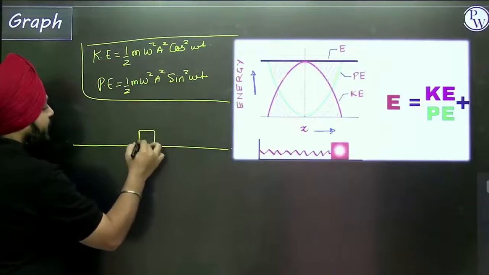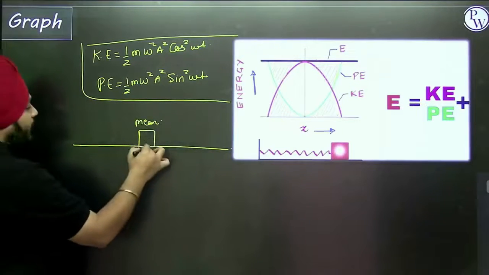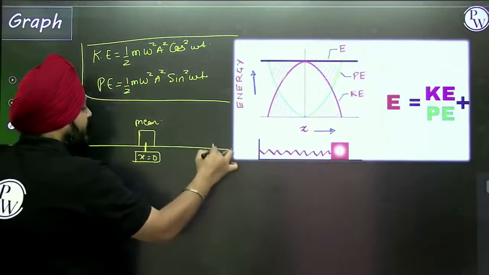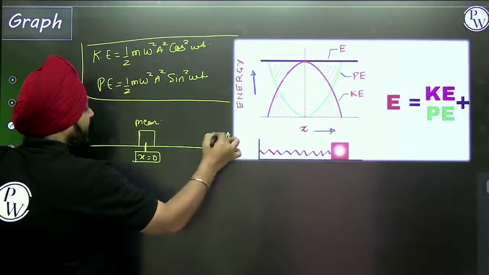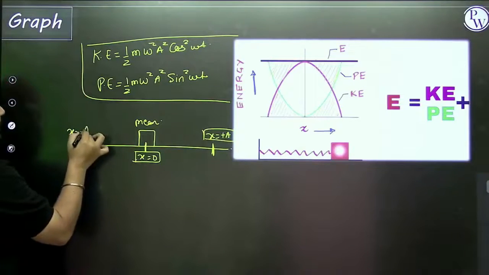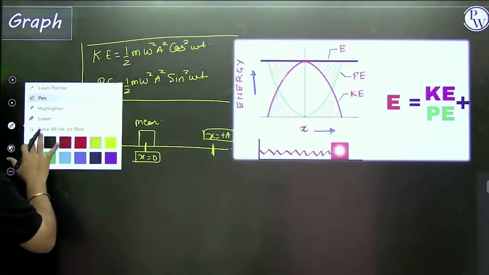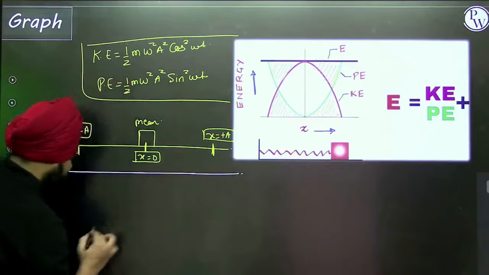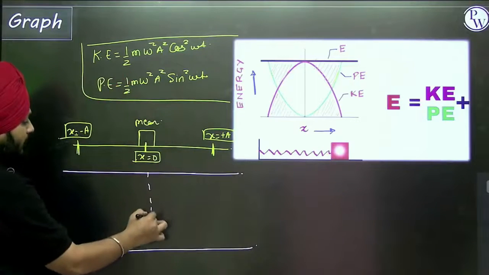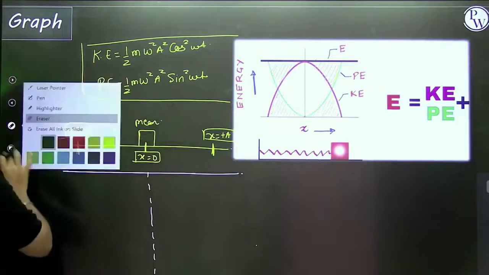This is the mean position, x is equal to 0. This is the max displacement, x is equal to positive a, and on the other side x is equal to negative a. So if I want to plot this graph,